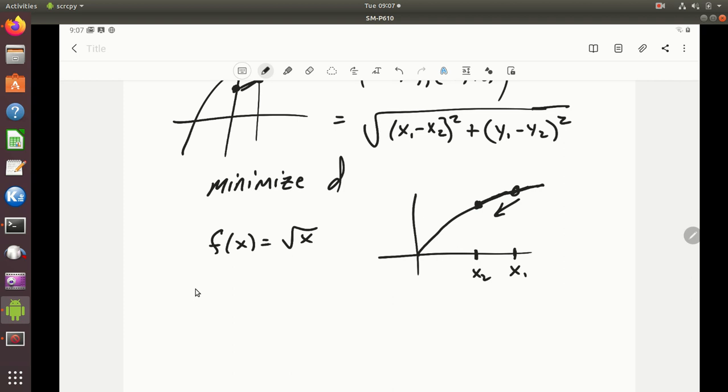But a different way to look at it is, as I come down in the square root, as I make the square root smaller, I make x smaller. Okay, and so since the square root is strictly increasing,